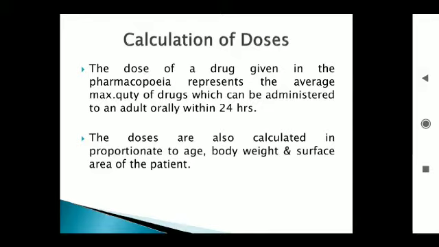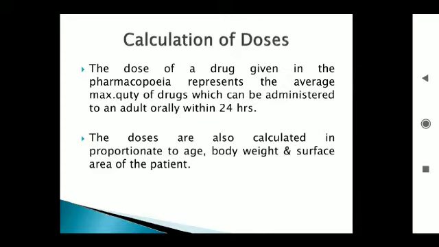For calculation of doses, the desired dose is to produce pharmacological action to treat the specific type of disease. The dose must be important in producing the desired pharmacological action or therapeutic action. The dose of the drug can be determined by using various types of